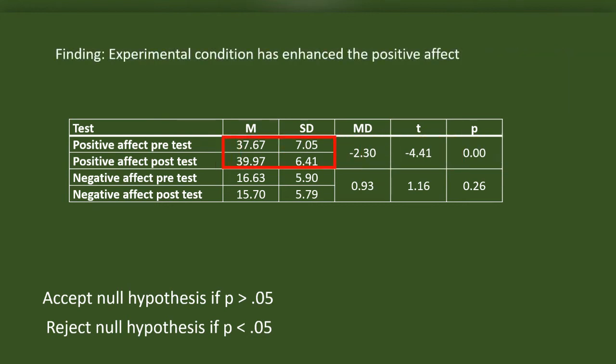Comparing the means, the pretest is 37.67 with an SD of 7.05 and post-test is 39.97 with a standard deviation of 6.41. Based on this, we can conclude the finding: the experimental condition has enhanced the positive affect. The mean difference between the pretest and post-test scores is negative 2.30.